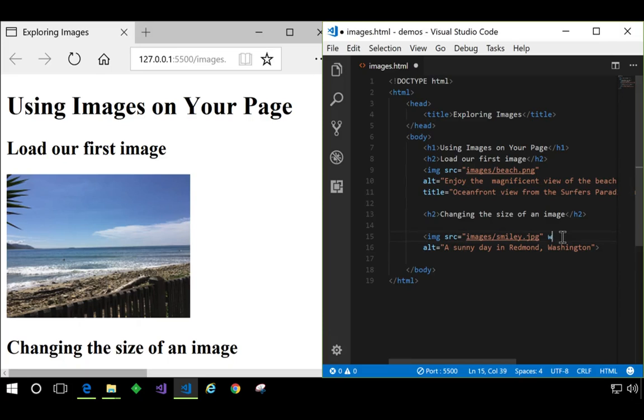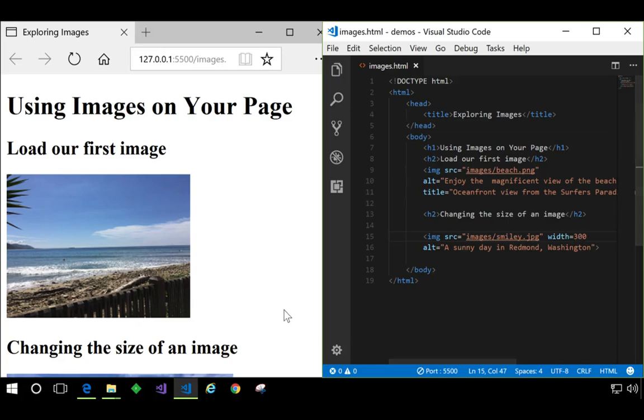Well, I'll use this attribute, width, and I have to define this in pixels. So you may have heard the term pixel before. It's just a unit of measurement for computer screens. Each screen is made up of millions of these tiny squares called pixels. For example, my monitor that you see here is 1920 by 1080, meaning it's 1920 pixels tall and 1080 pixels wide. So let's try a width value in pixels, and I'll pick something small, say 300, and I'll save my